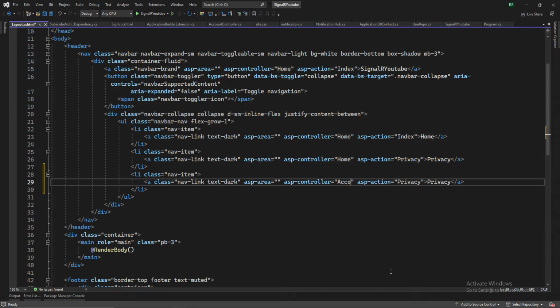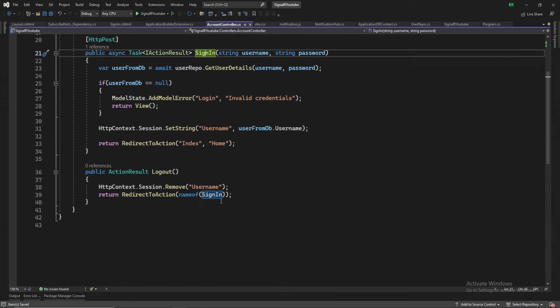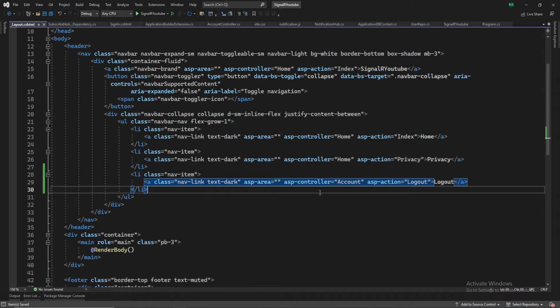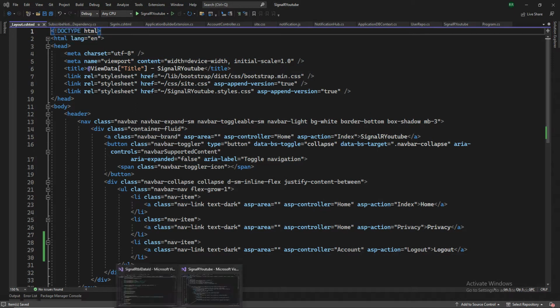controller would be account. It's going to sign me off. Let's see, we have the logout in our account controller or not. Yes, we have it. Okay, it will remove the session and it will log out the user. No, we need a few more things. We need to set up the